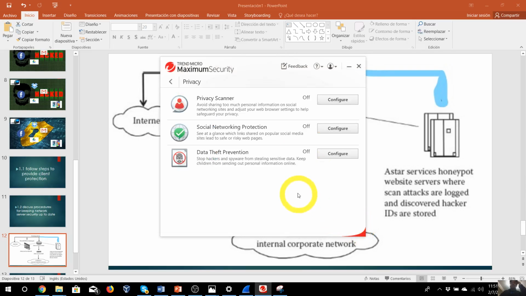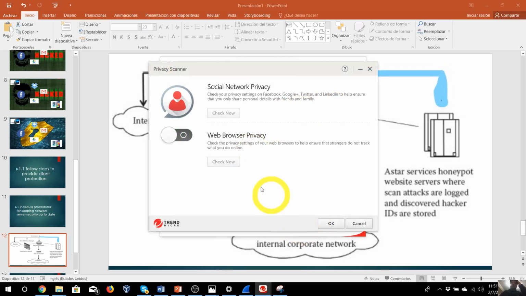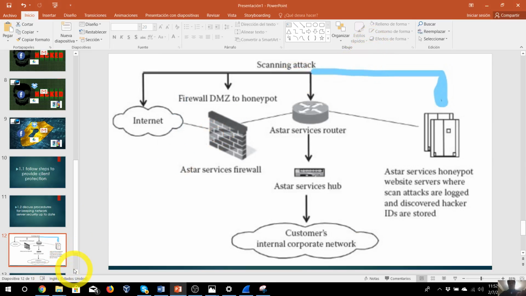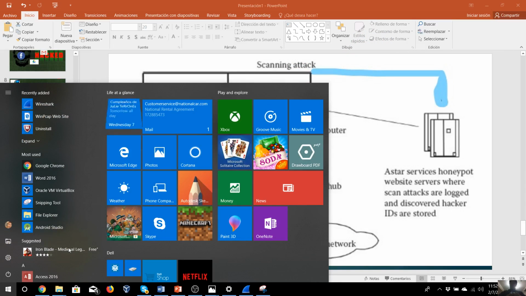Yes. And finally, we have the privacy scanner, where you can configure the social network privacy and web browser privacy. I just want to explain that this is the way servers can work too. So it doesn't matter if it's a computer or a server, it's a similar way that you need to go with those steps. And actually, you can go to, for example, properties,